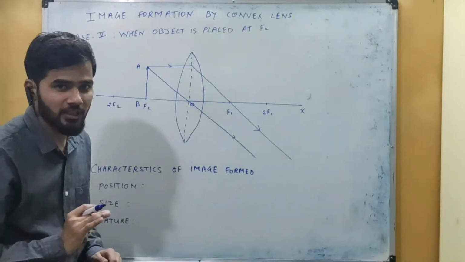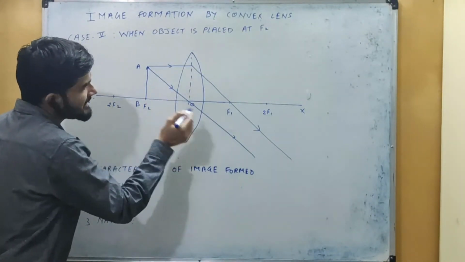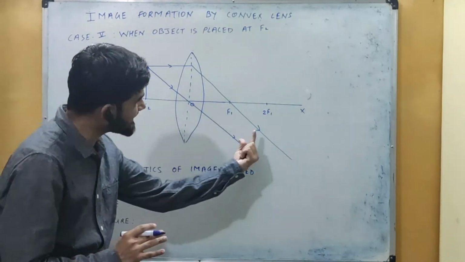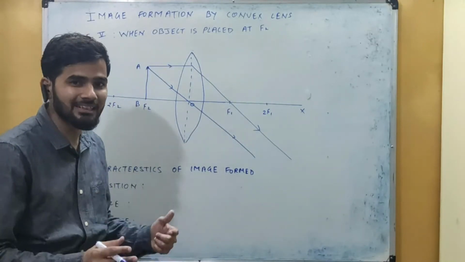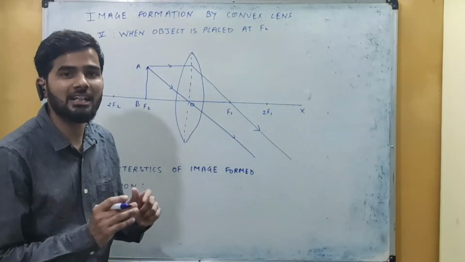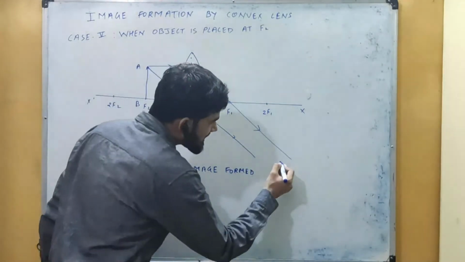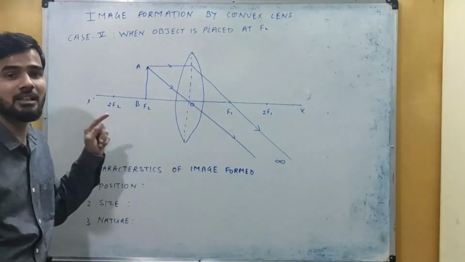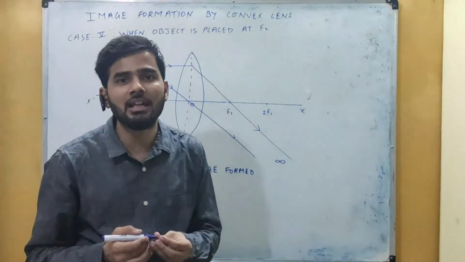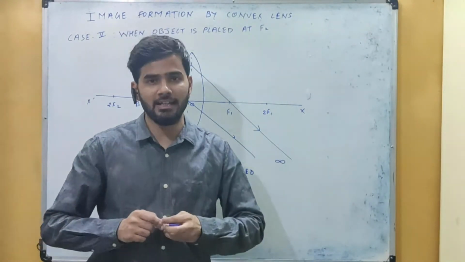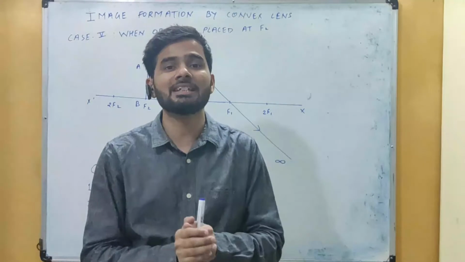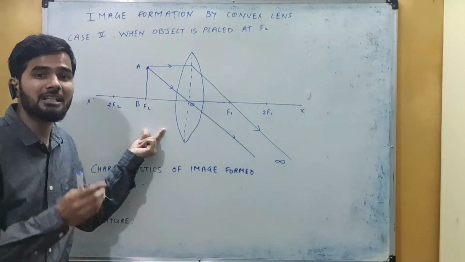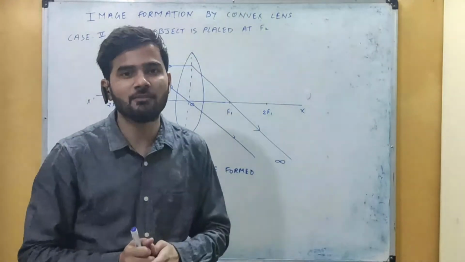Now here in this case where the image is formed, when you draw this diagram exactly on your copy, you will see that these two rays will be parallel to each other, and if they are parallel to each other, the image will be formed at infinity. So you can see this is the converse of the first case. First case में क्या था? Where the object was placed at infinity. और अगर object infinite पे place होता है तो उसकी वजह से image कहाँ पर बनती है? Principal focus पर. यहाँ पर उसका exactly opposite. If we have the object at the principal focus, then its image will be formed at infinity.